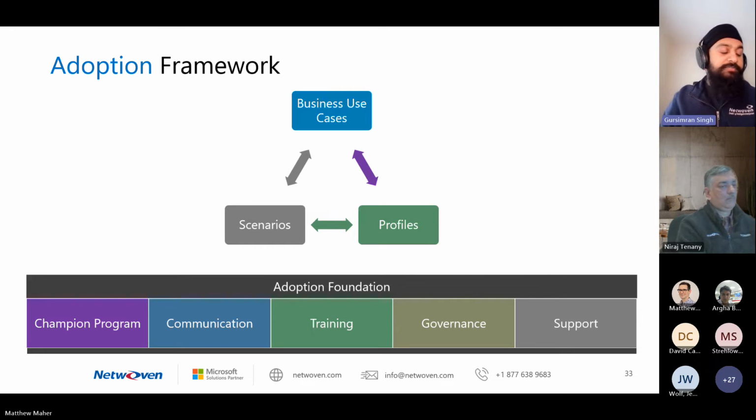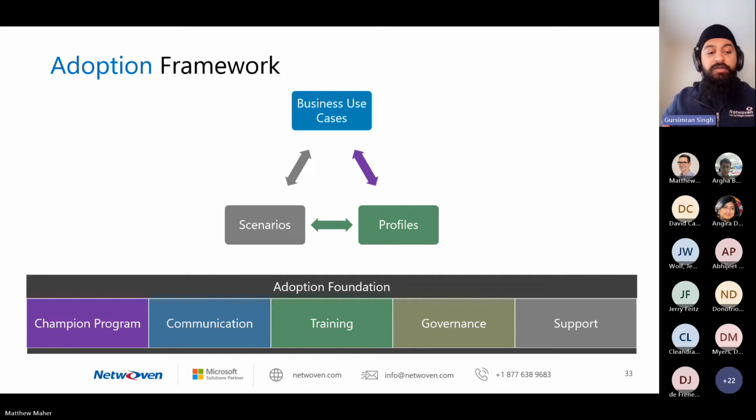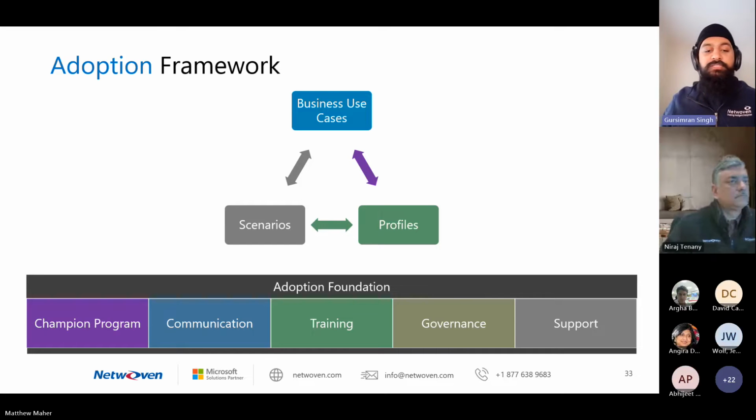Champion programs, especially, we've seen a lot of success with. Typically, end users are very, very tied to their teams and their management and their colleagues. So if they have confidence in somebody that they trust, then they have confidence in the tools that they're using as well. So rather than a top-down approach of enforcing the usage of tools, it's organically and natively grown within them because they see their peers and colleagues using the same tools and the tools being promoted.